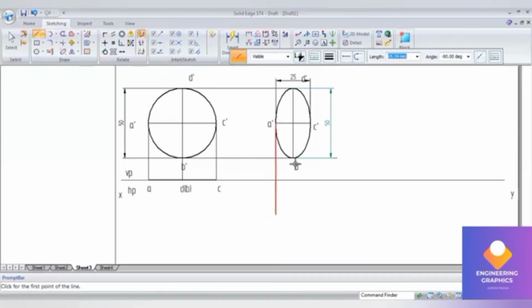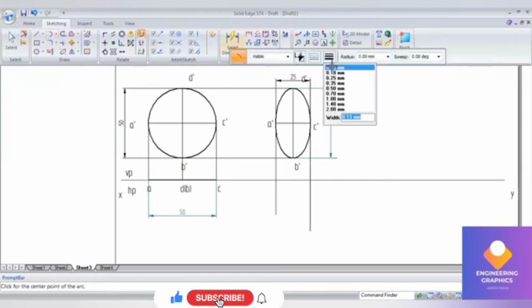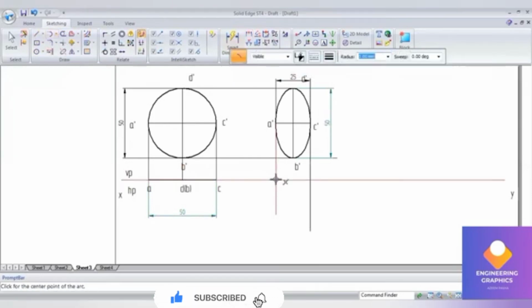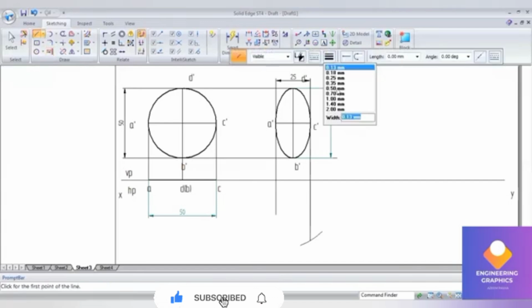So draw the projection lines. So we have to measure this front view dimension. So go to arc by center, measure radius 50 and cut the arc. So connect it with the thick line